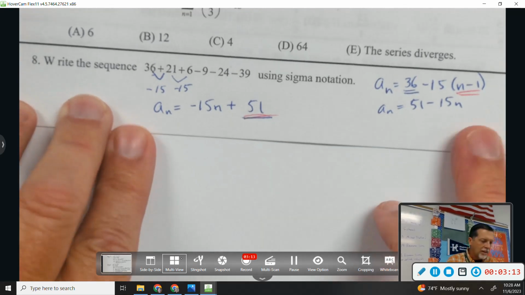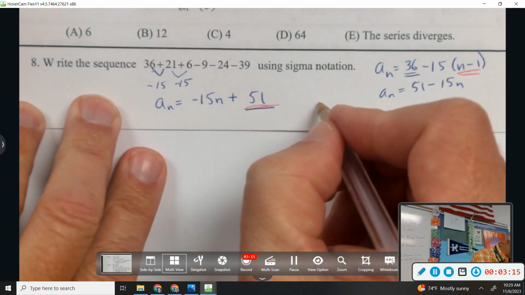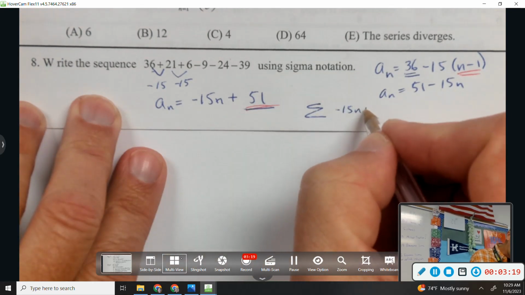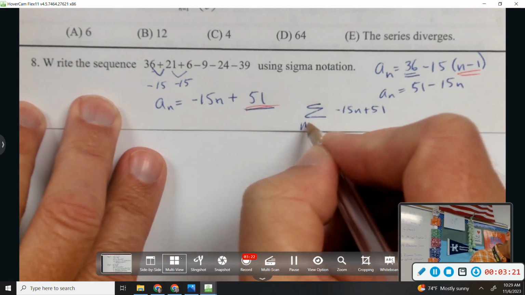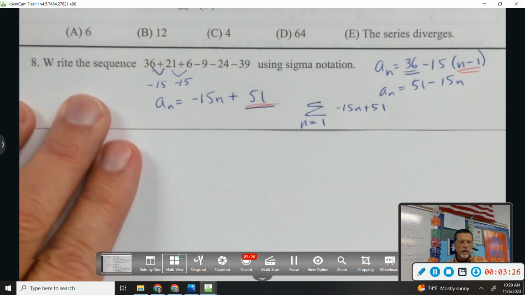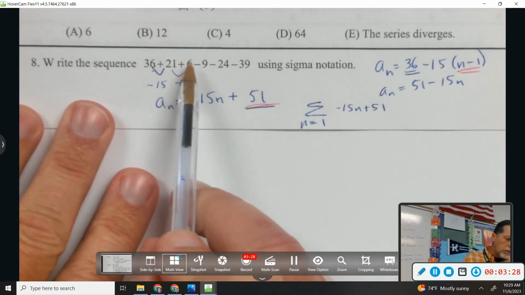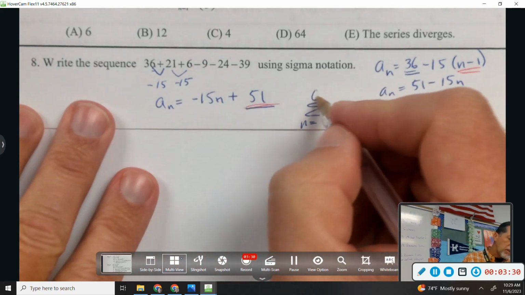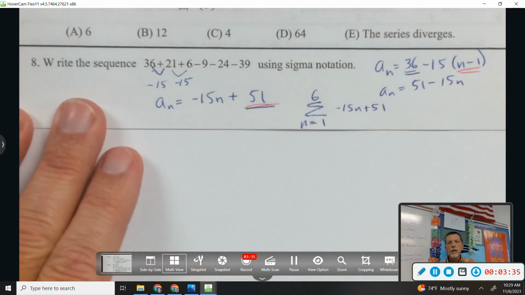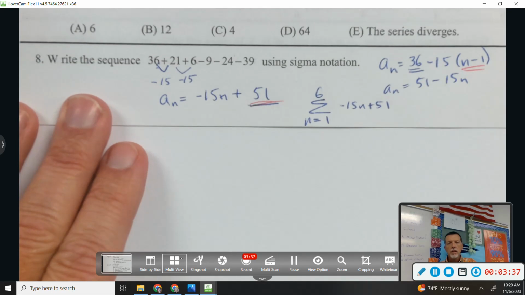Okay, not done yet because it wants sigma notation. So the sum of negative 15n plus 51 from n equals 1 to 1, 2, 3, 4, 5, 6 terms. Not the only way to do that problem, but probably the easiest